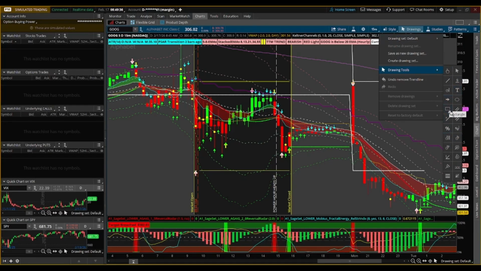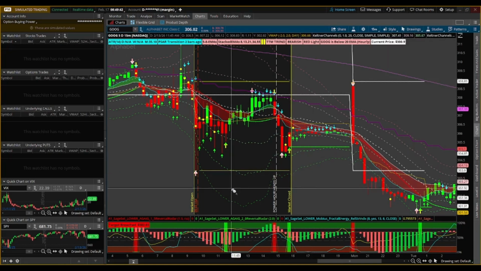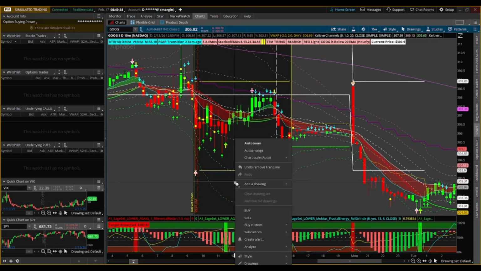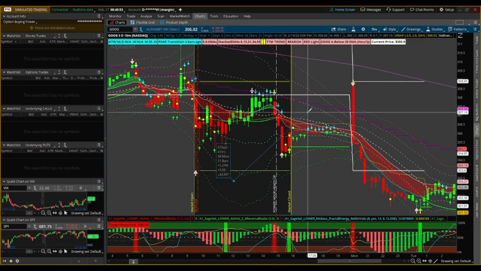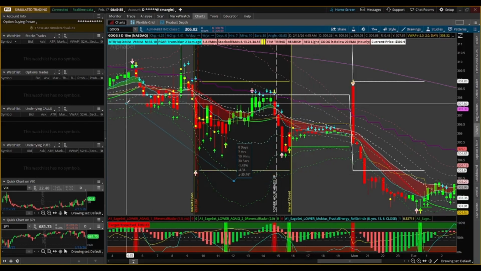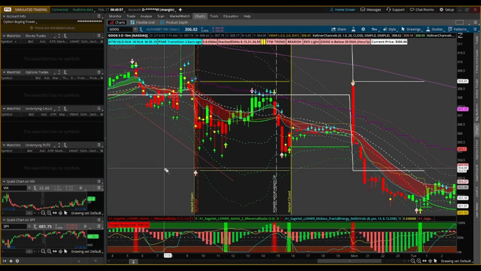If you select a tool from this menu, that tool stays active for all your actions until you change it. To use a drawing tool just once without locking yourself into it, right-click your chart at the location where you want to start your drawing, go to Add a Drawing, and select what you want. The drawing will be placed at the point where you right-clicked. From there you can drag the anchor points to adjust the size, angle, or endpoint.